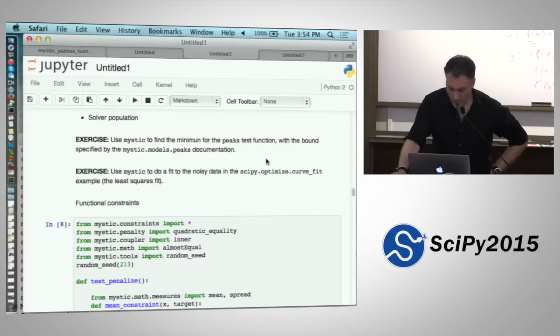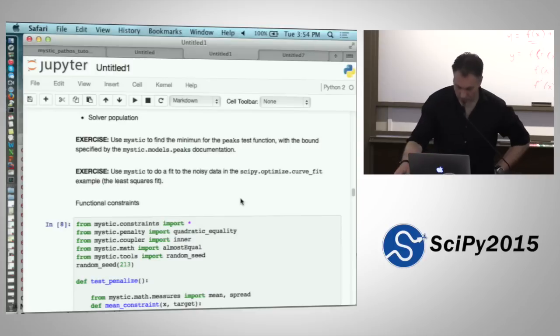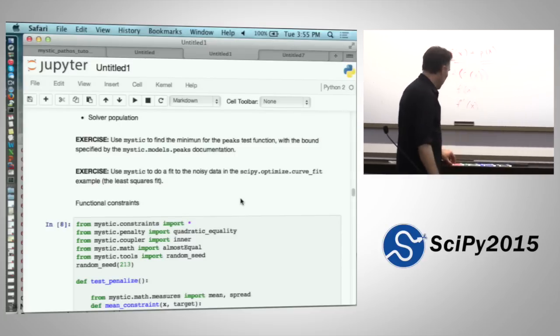And if you'd rather do a curve fit, use Mystic to fit the noisy data that was in the SciPy optimize curve fit problem. And again, what you would do to fit to a curve is probably going to be something